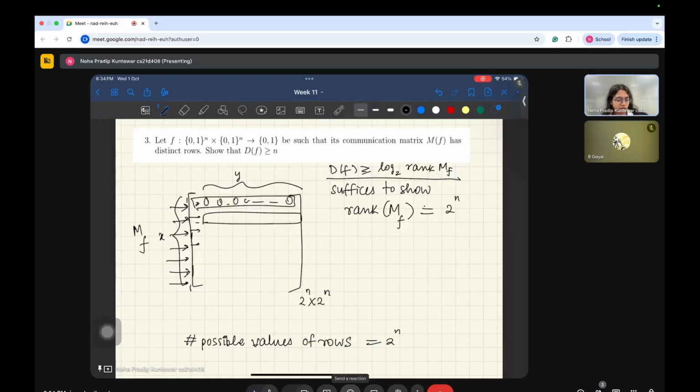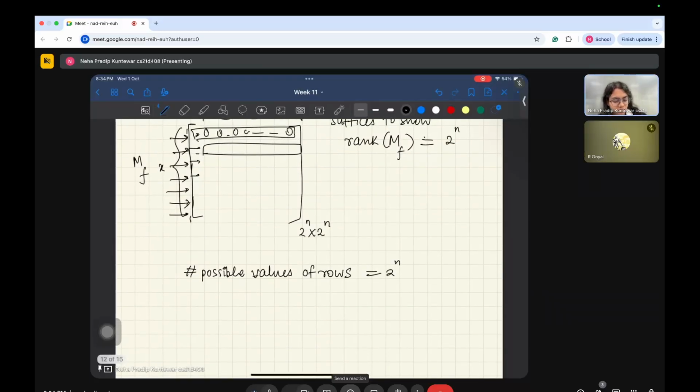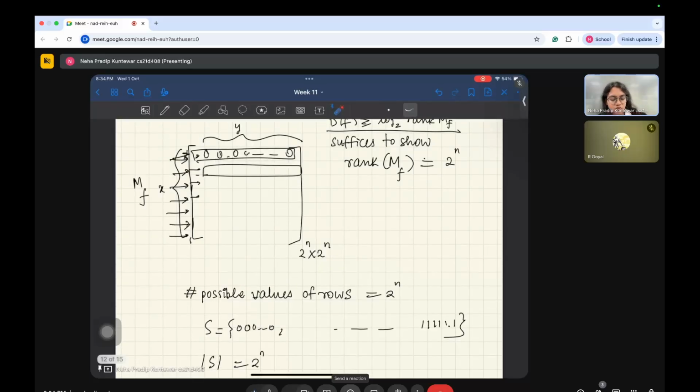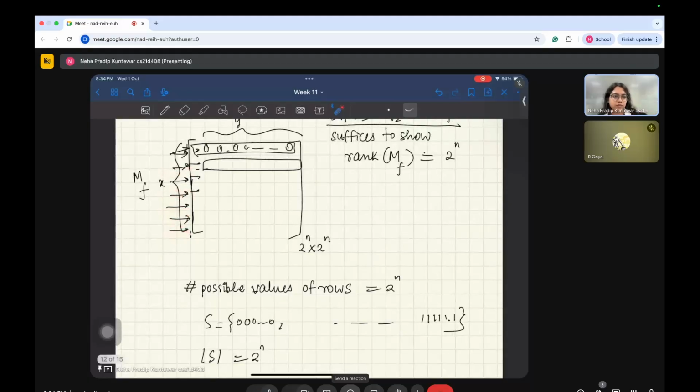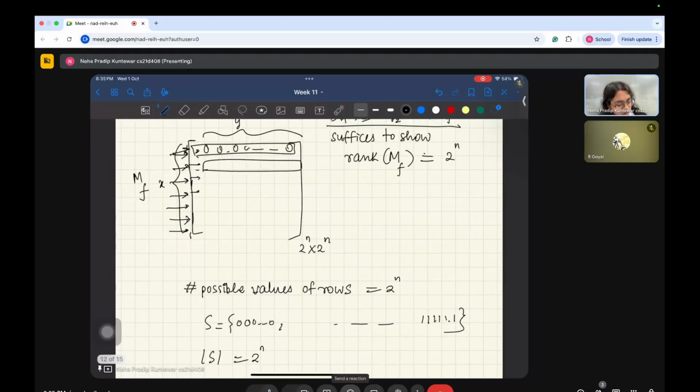Each of these rows takes values which can go from all zeros to all ones. This is the set that we have, and the size of this set is 2 to the n. So for every row you have 2 to the n choices, but once a choice is made you can't repeat it because the rows are distinct. So now you have to choose something from the remaining set. So basically you will end up using all the rows. So that means